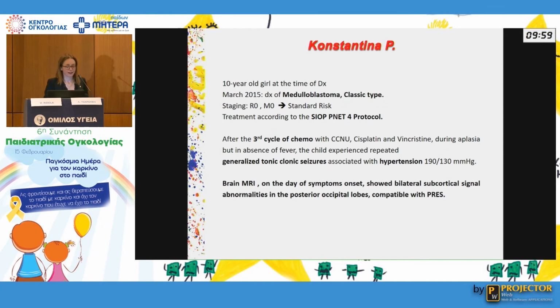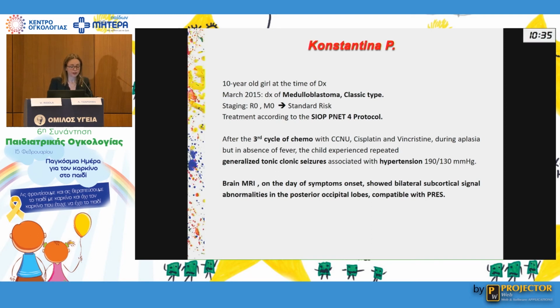So now from theory to reality, just two case presentations of two children that we treated in our department in the last year. The first case is the case of Costantina, a 10-year-old girl with a medulloblastoma, classic type, standard risk. She was treated according to the SIOP PNET-4 protocol, so she received radiotherapy, and after the radiotherapy she underwent the maintenance phase with